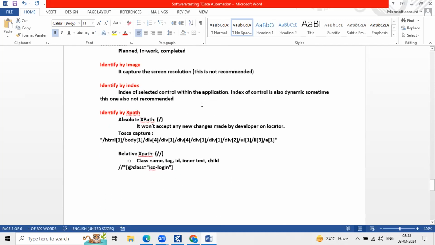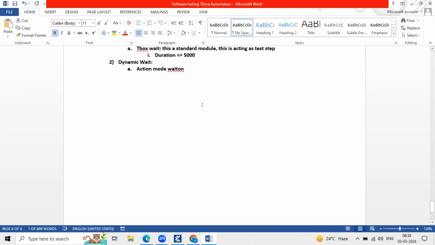Got it? Yes. So Tim, the dynamic wait is called an action mode, and simply we can say this is the dynamic wait, okay? Because some time limit is defined in a